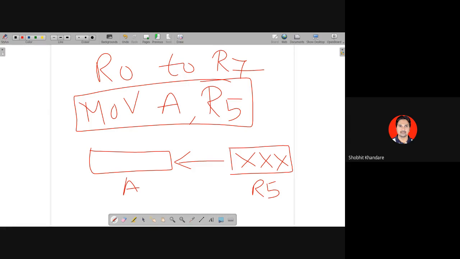Now to be more specific, I will not say move, I will say copied. Suppose some content is there in R5, that will be copied. What will remain in R5? R5 will have the same content and A will also have it. This is just an example. So move means I am just going to copy, and the content in R5 remains the same. This is not cut and paste, this is copy and paste.